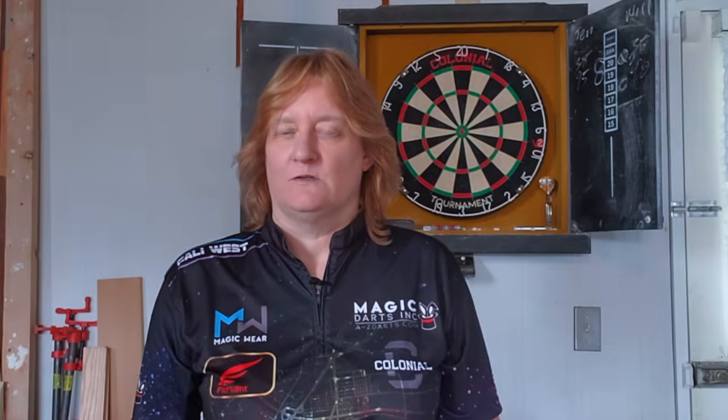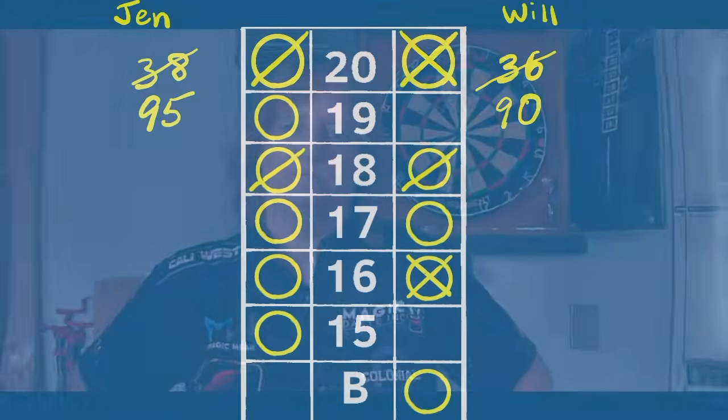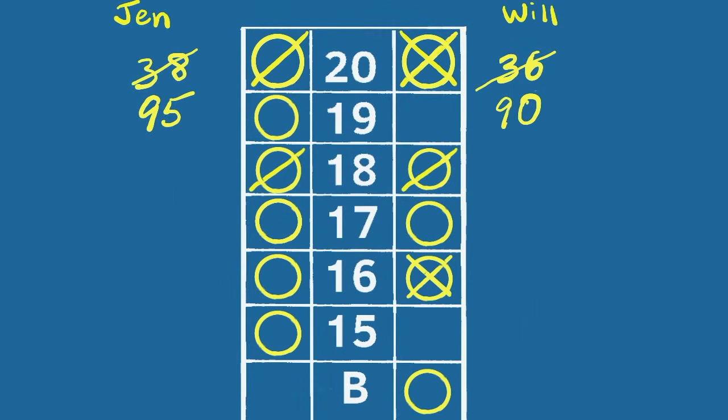Now, this is where some people would argue that Jen took the wrong shot on her last turn. This is where a bit of the strategy comes into play. So let's take a closer look at that. If she had thrown all 3 darts for score and hit 3 19s for 57 points, her score would be